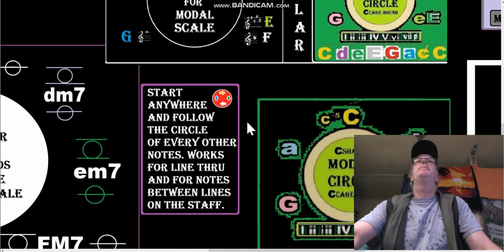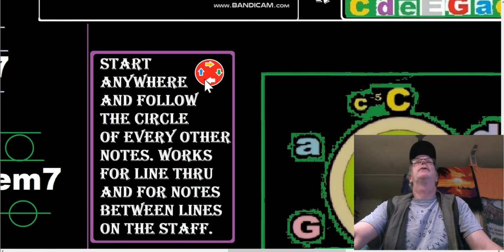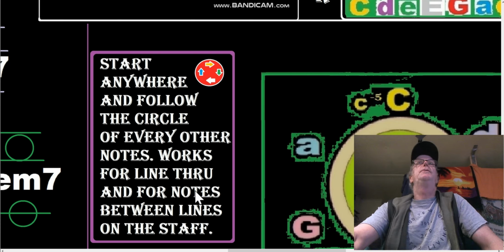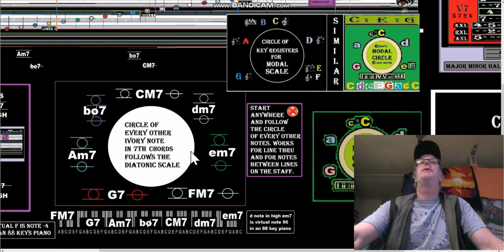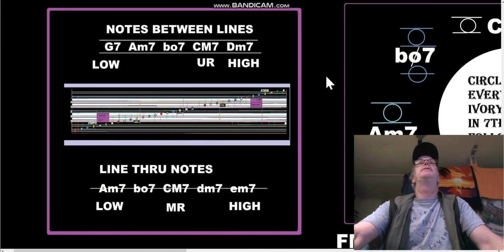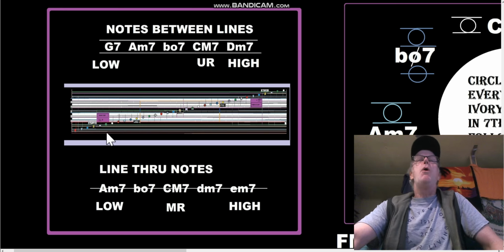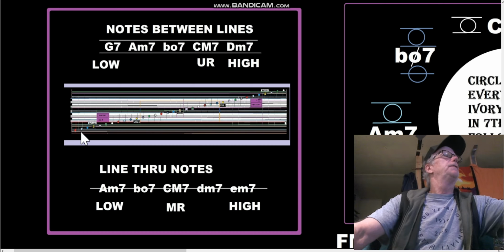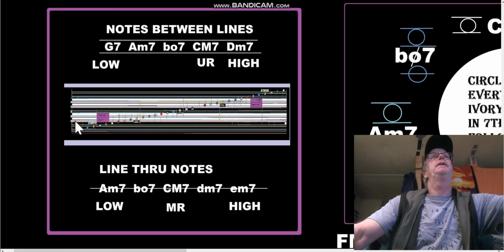So what does that mean? Here's go around the circle. Little mister go around the circle sign. Start anywhere and follow the circle of every other notes. Works for line through notes and for notes in between lines on the staff. I just said that, and I don't mean to confuse. Let's see if we can get a little bit of attention to this little diagram. Here's most of the staff. This isn't the 94 notes. The 94 notes goes down, goes down to the F major seventh down here,